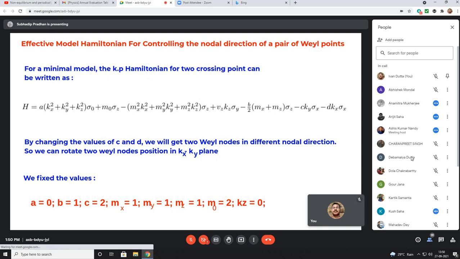And then C and D are somehow connected to the phi of your experiment. Yes, you can say that C and D can be connected with your phi. So this octupole torque. Yes. But you have to find out what the connection is. For the time being, we'll work on more details with the Hamiltonian. Let's see whose help we can get to derive this Hamiltonian. Yeah, the two-band model is giving you the physics.